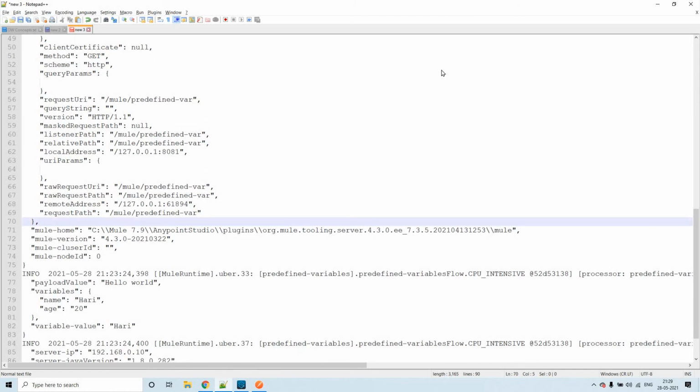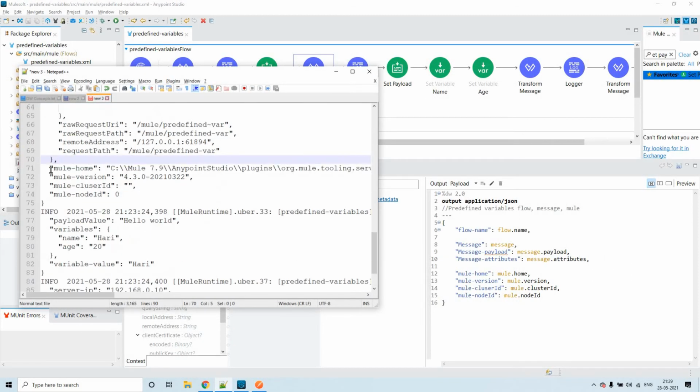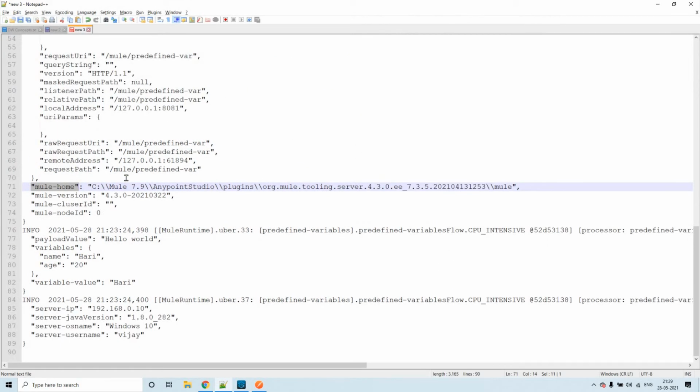Now after message attributes, you can see mule home. So what is the home directory of this Anypoint Studio? Whenever you print mule home, this is what it will show. I have also printed mule version, mule cluster ID, and mule node ID.